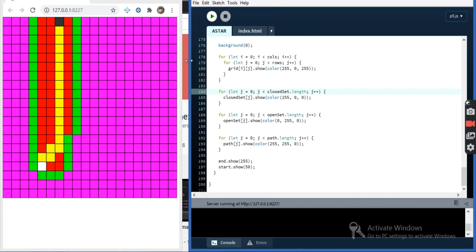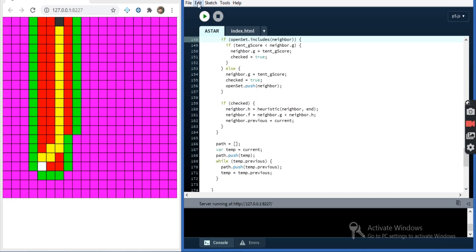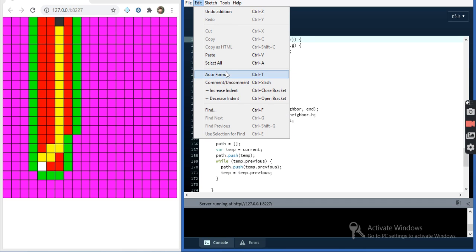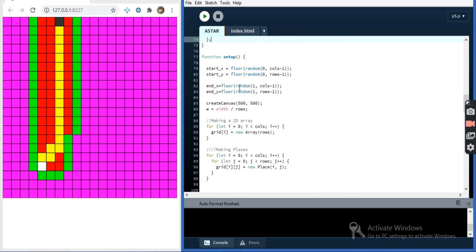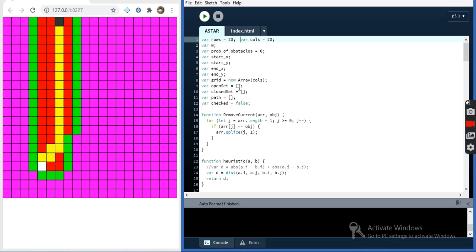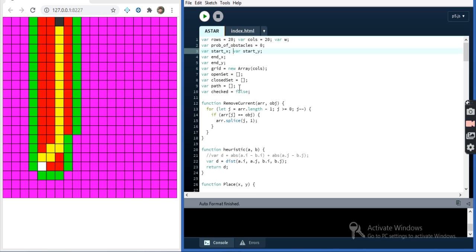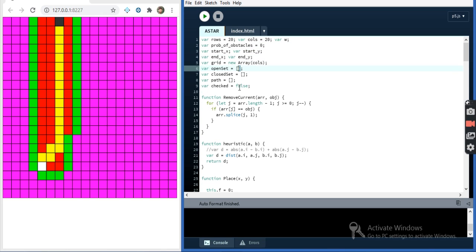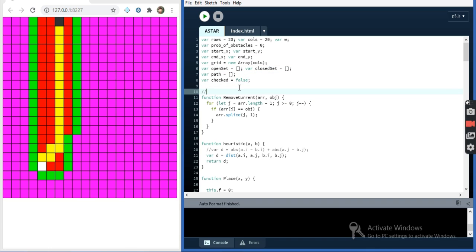For now, first of all I'll be making this code a little tidy. I can use the auto format thing. It will do the indentations for me and other things I need to do, making everything a little more readable. These two use the same concepts, open set and closed set. This function is used